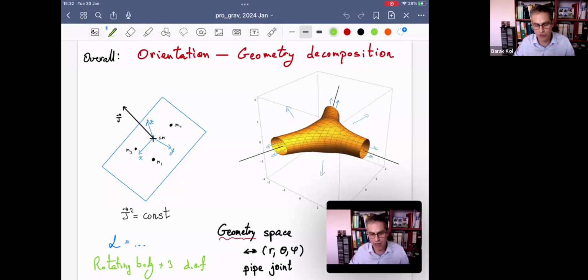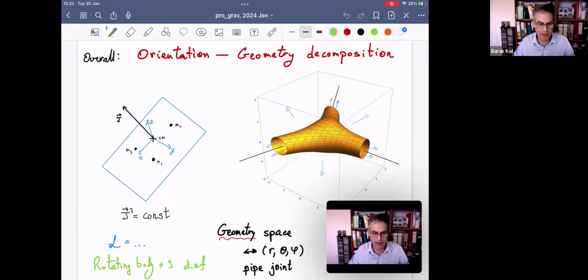The three pipes correspond to the case where two bodies are close by and the third one is far away. Because you have three possible ways of choosing a binary out of three bodies, that's why you have three pipes. And the inner region corresponds to all three being at comparable distances from each other. When we want to take into account